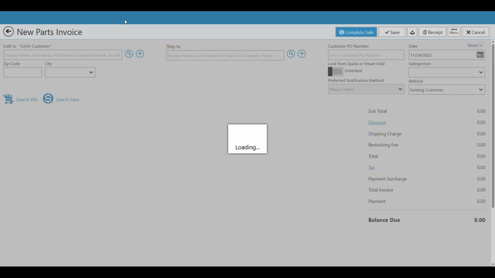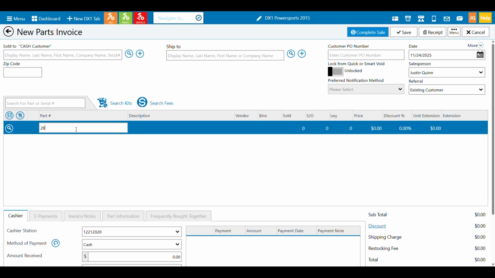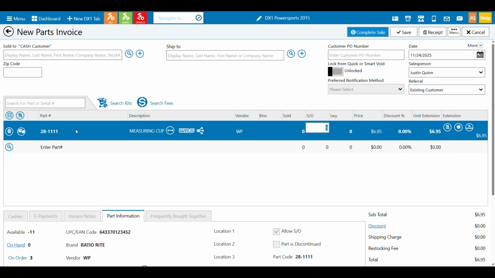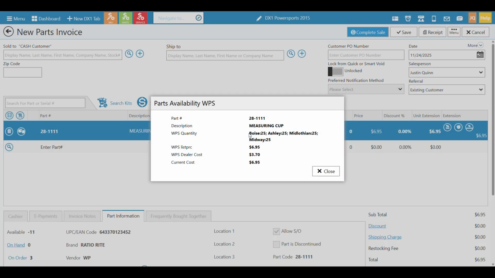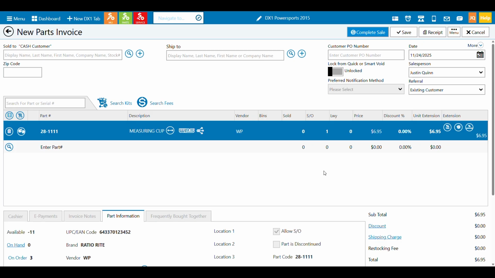All right, so let's take a look at what I'm talking about here. When we go into an invoice, we can add a part, let's say from Western Power Sports here. And as long as that quantity is in the special order quantity here, I'll see the WPS icon. I can click it. I can quickly see how many parts they have in stock in what particular warehouse. And in this case, they're just going to show you up to 25. I'm sure they have more than 25, but you can see that's kind of a cap, which is good. We can see a list price, a dealer cost, and a current cost. So that would just help us communicate with the customer when they're saying, "Hey, you need to special order that. Do they have it in stock, and how quick am I going to get it?"